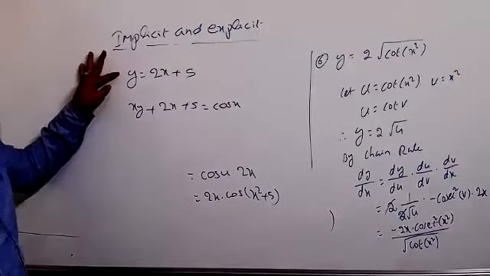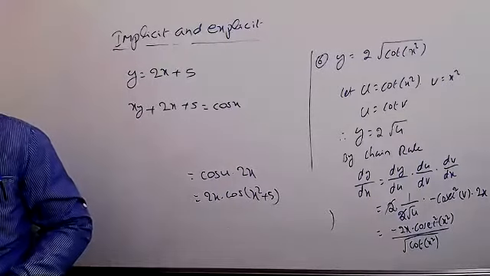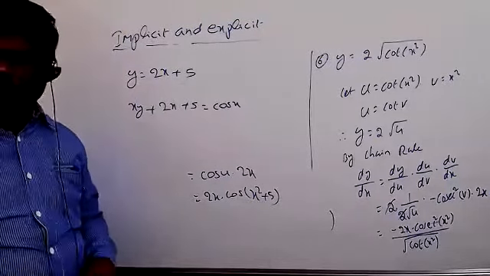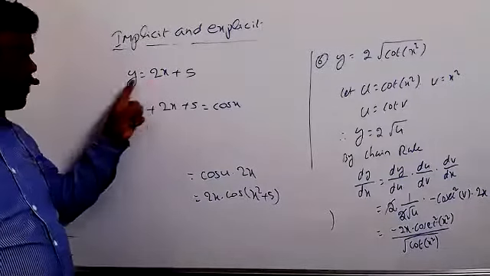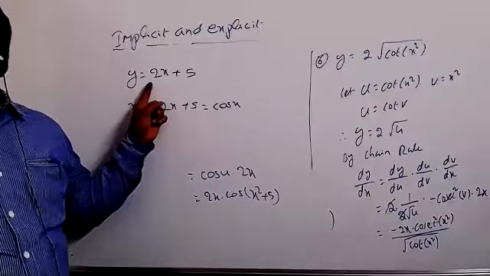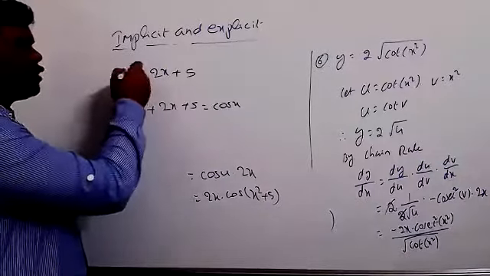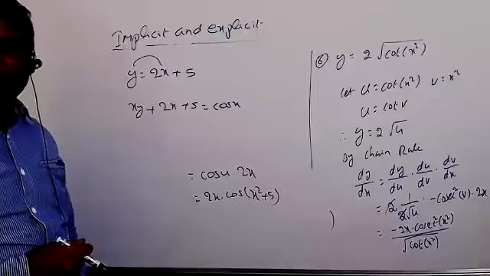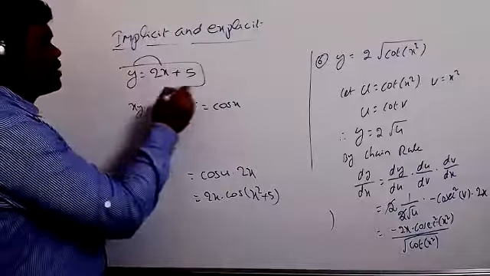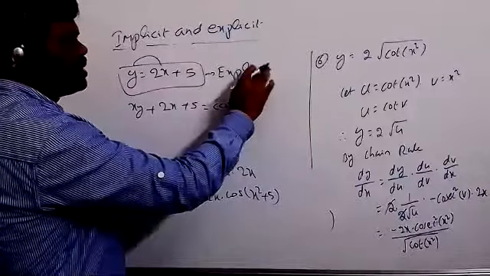Now coming to the first function, y equal to 2x plus 5 means what is the meaning of this condition? Please tell me anyone. How can you read this one now? y equal to 2x plus 5. y in terms of x? It's correct. That means in this function, one variable is depending on other variable. So this kind of functions we call as explicit functions. Remember that. What do you call that? Explicit function.